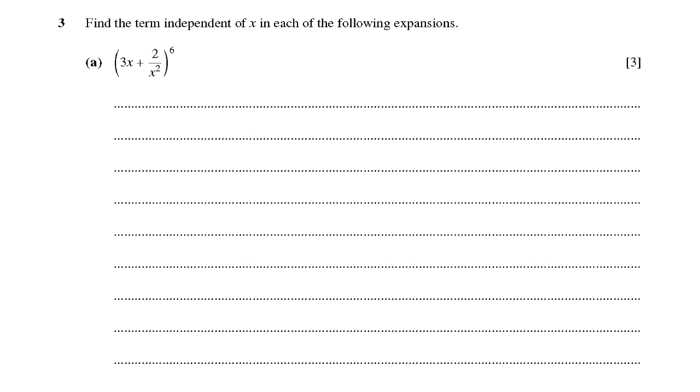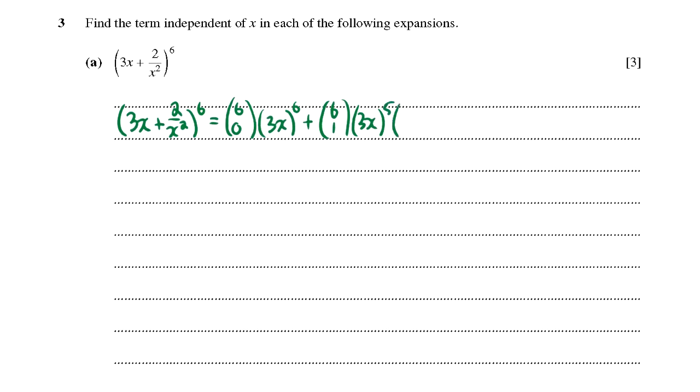And so just have a think again, how do you do a binomial expansion? 3x plus 2 over x squared to the power of 6 is equal to, we're going to do 6C0 combinations, of course, and 3x in brackets raised to the power of 6, and 2 over x squared to the power of 0, but we don't write that. Plus 6C1, 3x in brackets to the power of 5, 2 over x squared to the power of 1, and notice the powers add to 6: 5 and 1, 6 and 0. And then the third term would be 6C2, 3x to the power of 4, 2 over x squared,